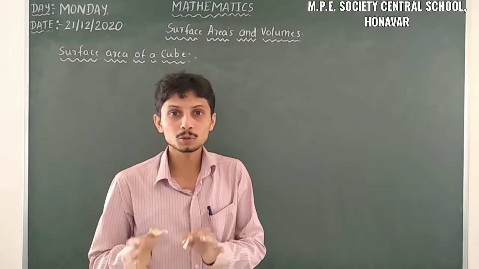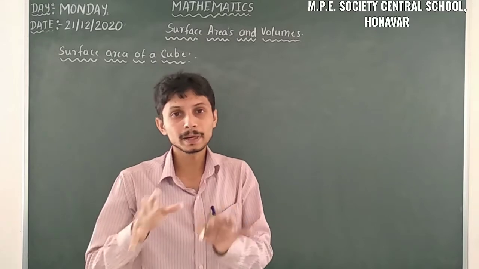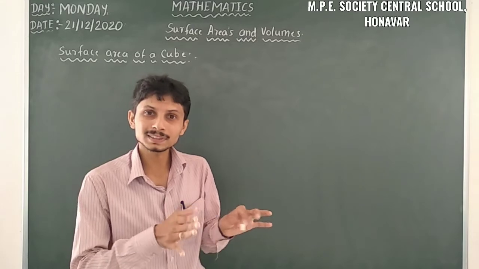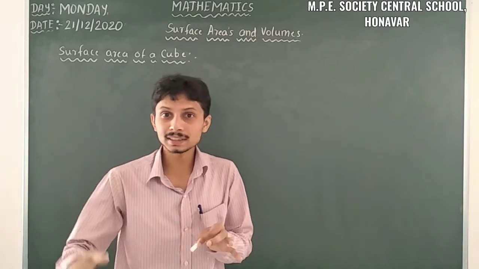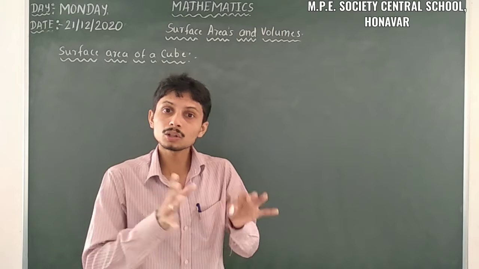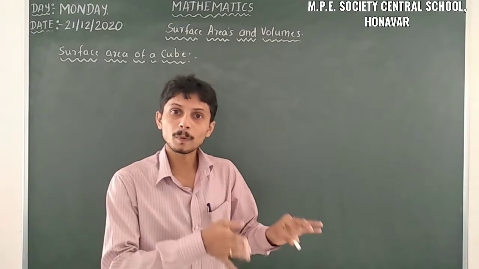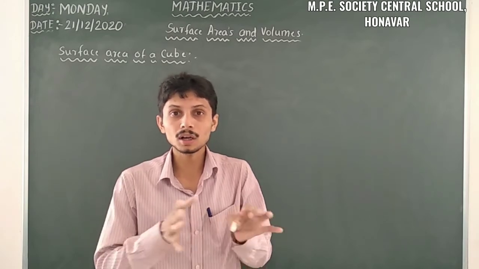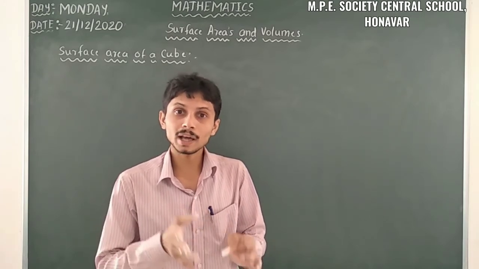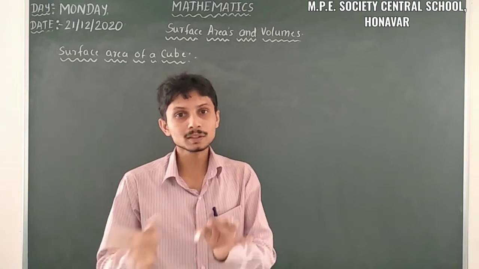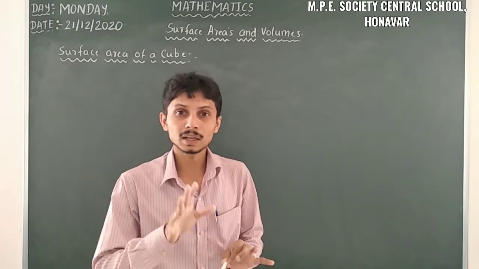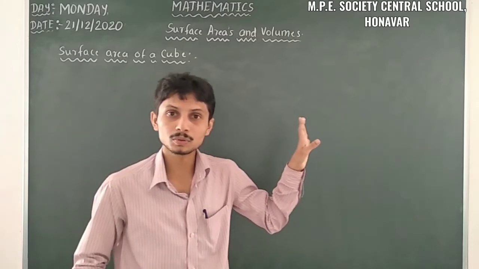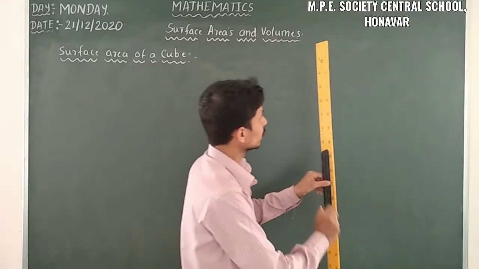Here we already know about the cuboid. A cuboid is a figure made up of rectangular faces. Here it's the same, but some difference is there. In a cube we have 6 faces, and here also we have 6 faces, but all those faces are squares. In a cuboid we have 6 faces, all rectangles. And in the cube, all faces are squares. Squares means the length and breadth have the same measurement, only then we call it a square. So here we have to take the cube. How to draw the cube? Let us have a look at that one.